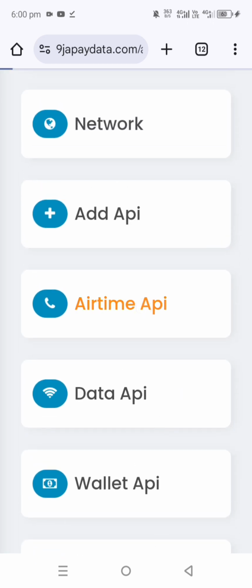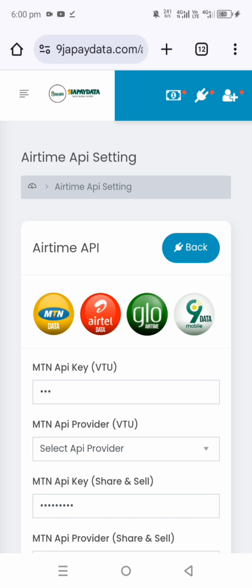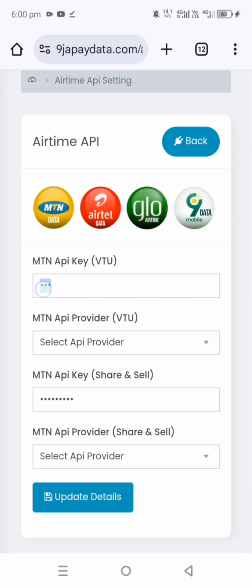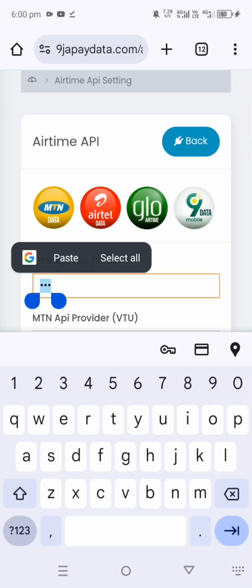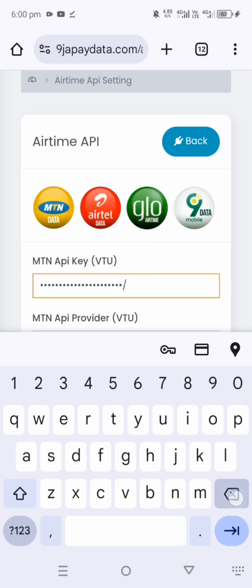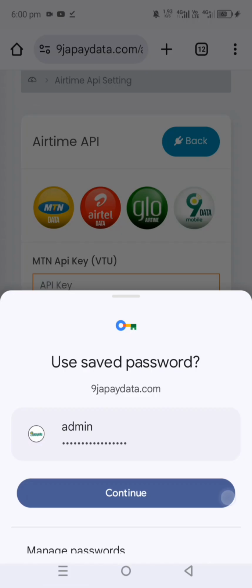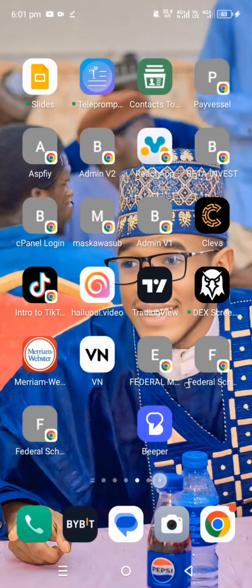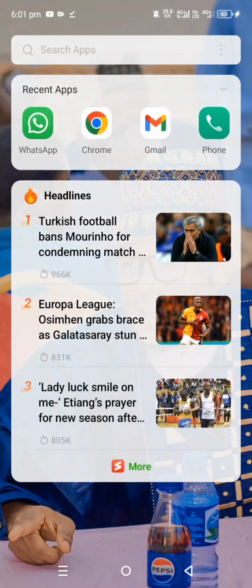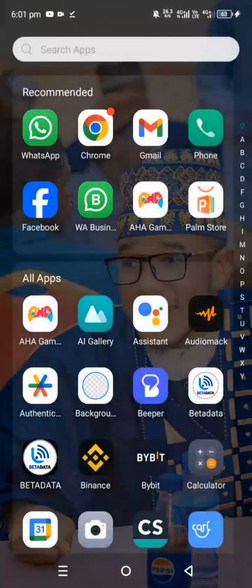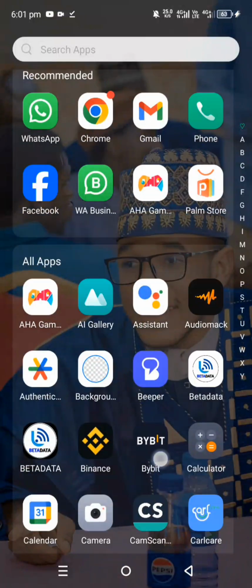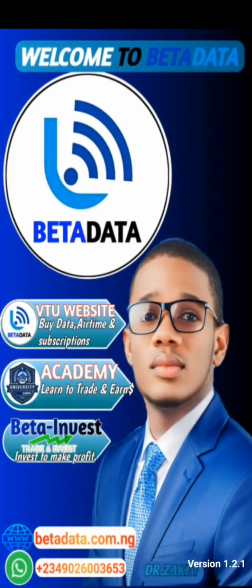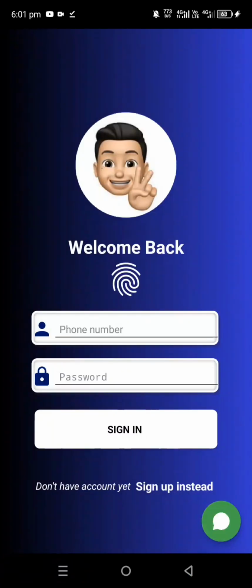For the Airtime API, let me paste the Airtime API for the MTN. For instance, here is the API key for MTN VTU. Let me paste it like this. For the API, let me use Beta Data as my API. This is the application for Beta Data. You can use us as your API because we are the simplest, we are the cheapest, and we can offer